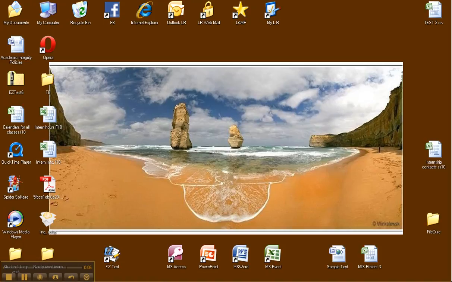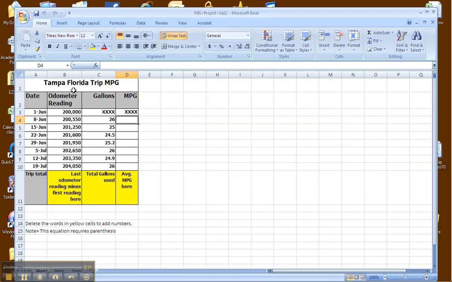I'm going to open up the project that I got off of LAMP in Excel, and you'll see that what I want to do is figure out the gas mileage for a trip. Every time I stop for gas, I record the number of gallons that I get and the odometer reading. So I want to figure out how far I've gone and divide it by the number of gallons. But since I want to subtract first, I need to put parentheses around the subtraction of